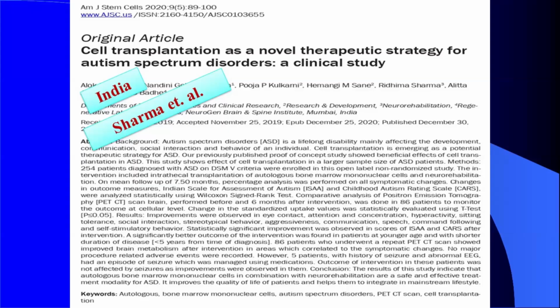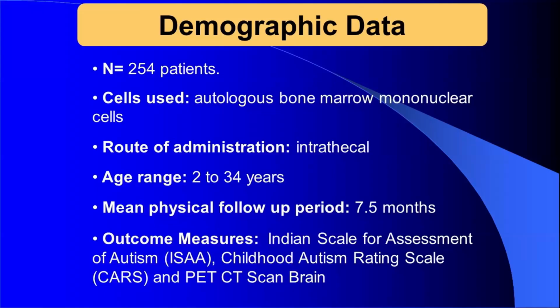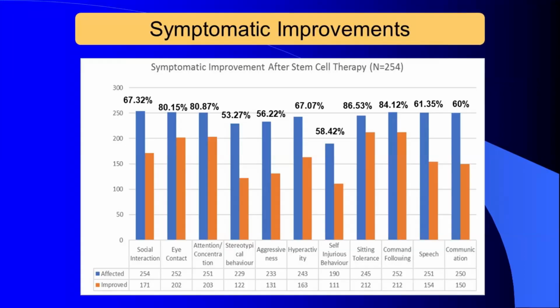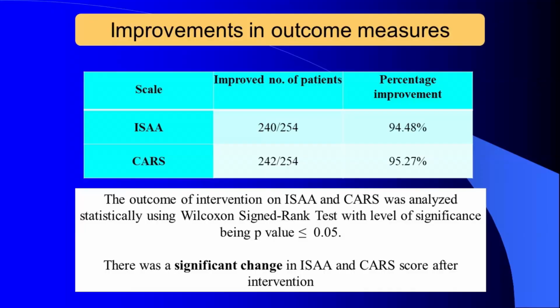Now, this is our latest paper. We had 2 papers, but I'll talk about the second paper because this was 254 patients. We used autologous bone marrow mononuclear cells. You can see the improvement in the various symptoms, and almost all the symptoms, whether it is social interaction, eye contact, attention, stereotypical behavior, aggressiveness, hyperactivity, self-injurious behavior, sitting tolerance, command following, speech, communication, all these you can see above is the percentage of improvement. And we have scales called ISCA and CARS, and you can see that there was a significant improvement, 94% and 95%